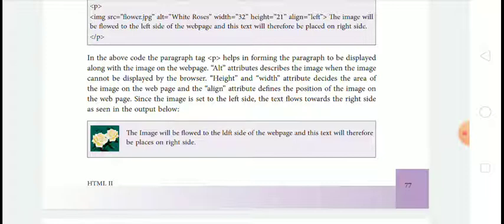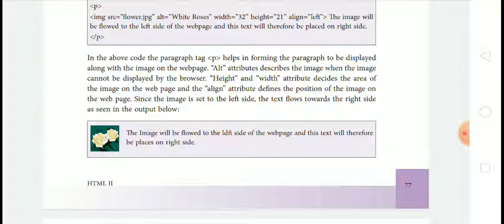Means the P tag, that is the paragraph, is displayed along with the image on the web page, the height describes the height of the image, width describes the width of the image, and the align attribute defines the alignment, means the position of the image on the web page.